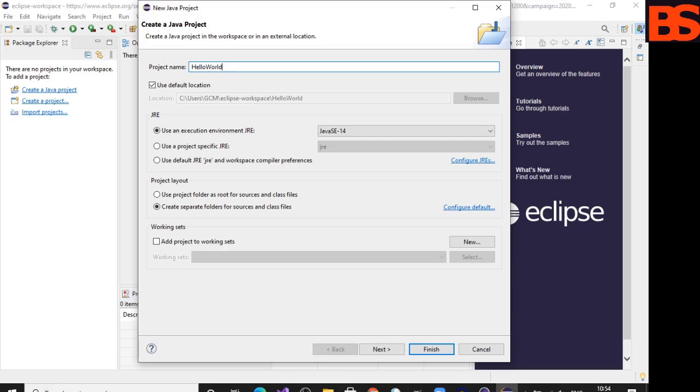Use the default location where your project will be saved, and by default it will be saved in the directory you have already chosen. Now use the execution environment. It's my version of JDK. Now leave everything as default. Now click on next.